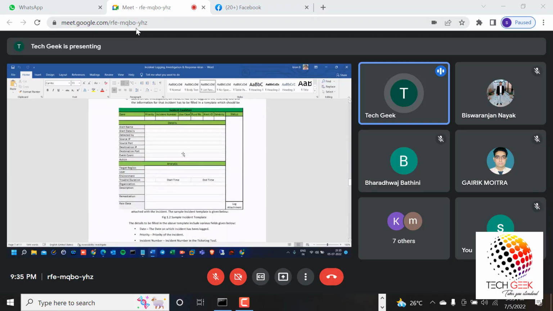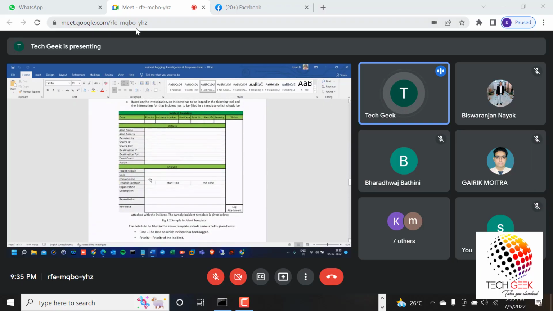And this is an incident log. This is how the template will be. We need to fill in all the required details and send it to the customer end. Alert name, alert type, source IP, port numbers, actions, user details and all. And remediation is very important. Raw data is not required. Only a few times is raw data required, which we call the raw log.